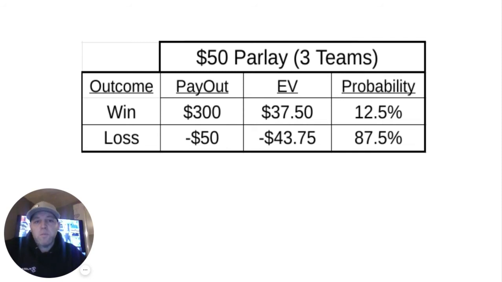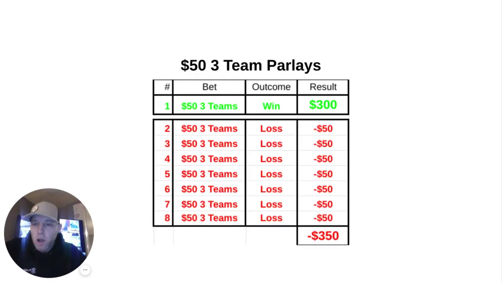Okay, so a 3-team parlay with all legs at minus 110 odds pays 300. We know that. We win on average one of them every 8 tries. So for every 8 3-team parlays, we lose 50. But the point here is, if you're hedging that last spot and not winning the full amount of the parlay, you're losing more than 50 for every 8 parlays. I know it seems good guaranteeing profit, but we want to think long term and the expected value here.